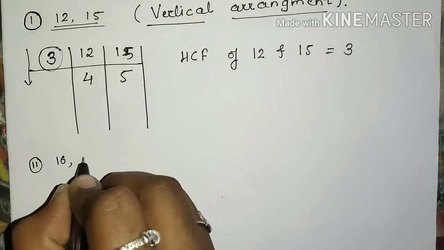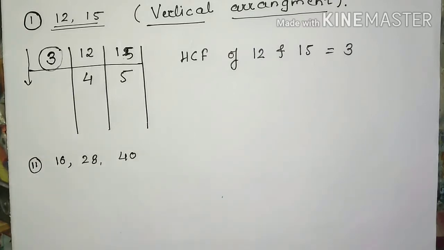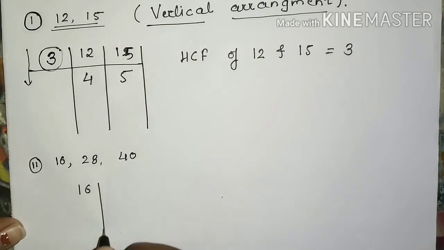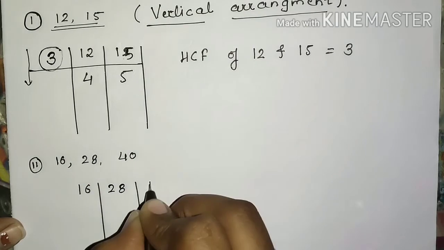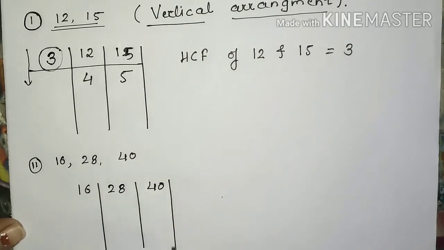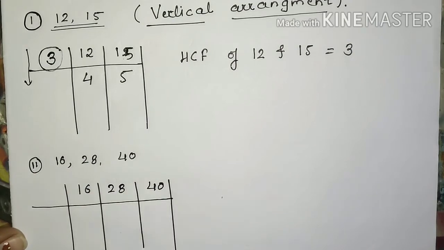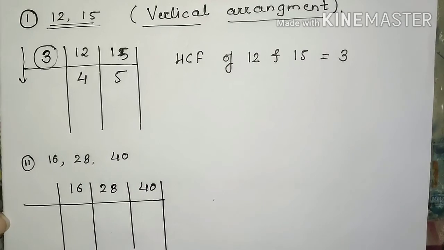Second example is 16, 28 and 14. Now let us make the arrangement. In this case, the first step is the same. We have to take the smallest prime number which is going to divide all the given